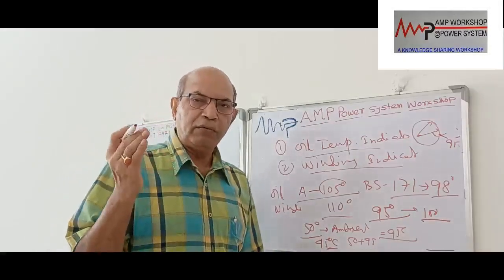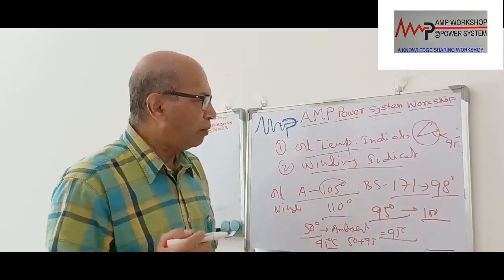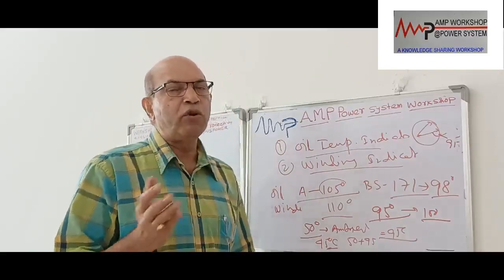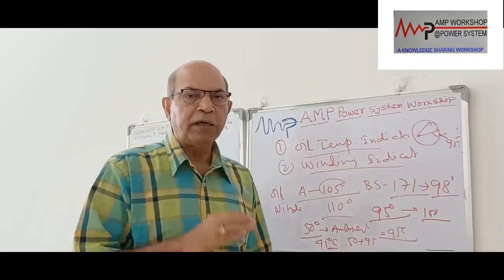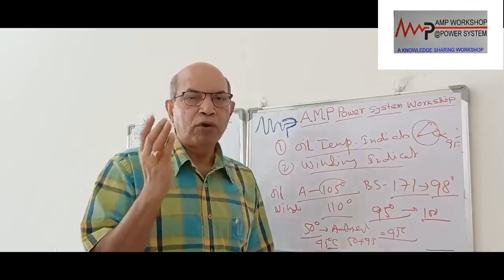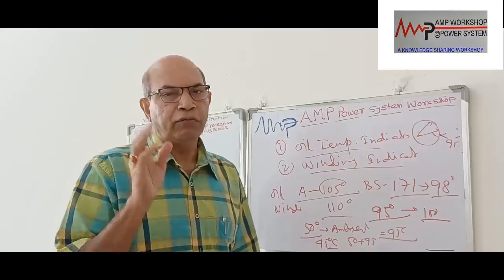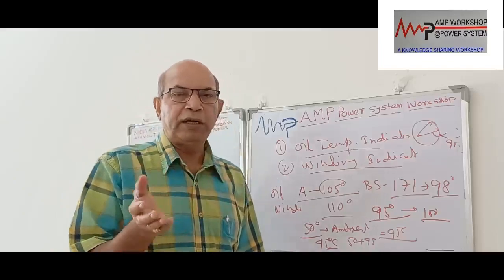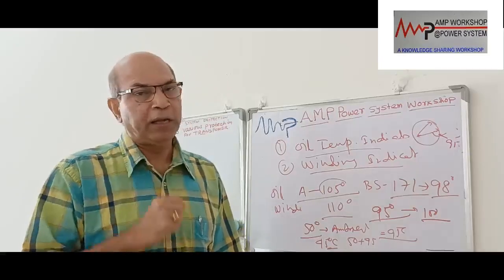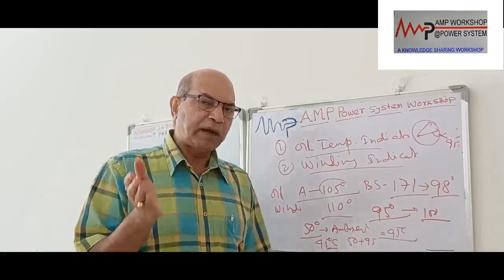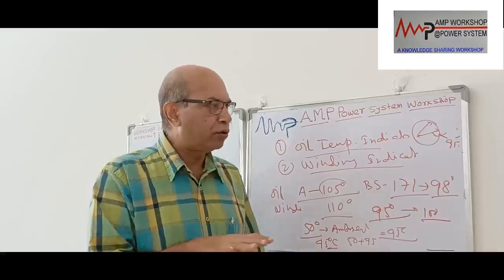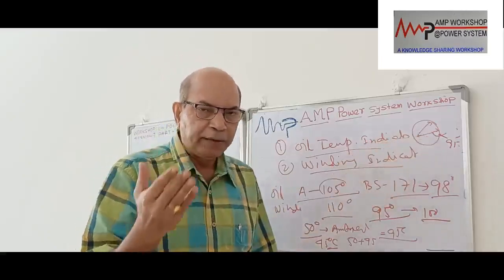So we have to control this temperature immediately. How will we control it? We can control the temperature by unloading the transformer. We will reduce some of the load from the transformer, then see whether the temperature is coming down or not, because temperature is the replica of loading, that means how much current is going through the winding. If we reduce the current, the temperature should automatically come down. If it is not coming down, that means there is an internal fault in the transformer. If the temperature comes down immediately after unloading, then we understand it is due to loading, so we reduce the load so that the transformer insulation will not deteriorate further.